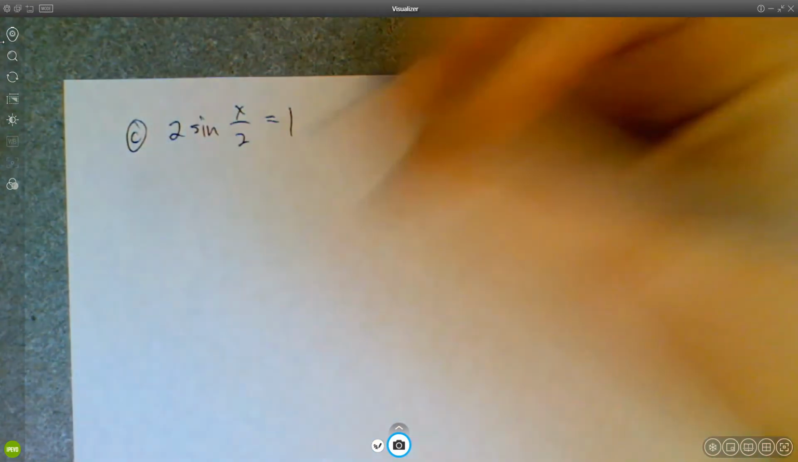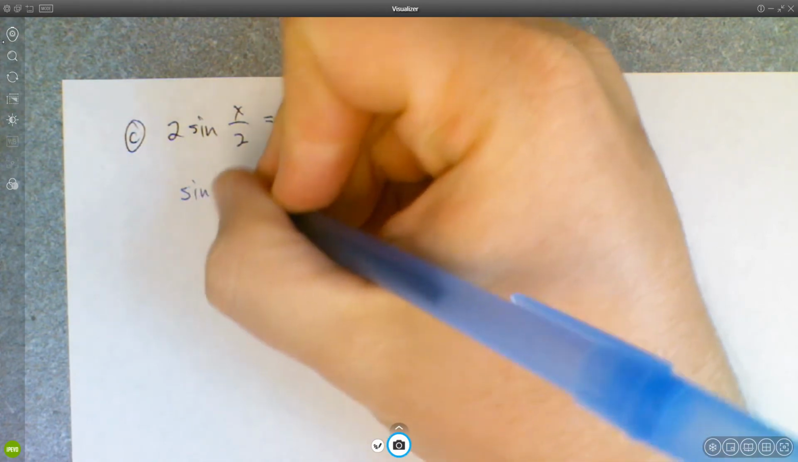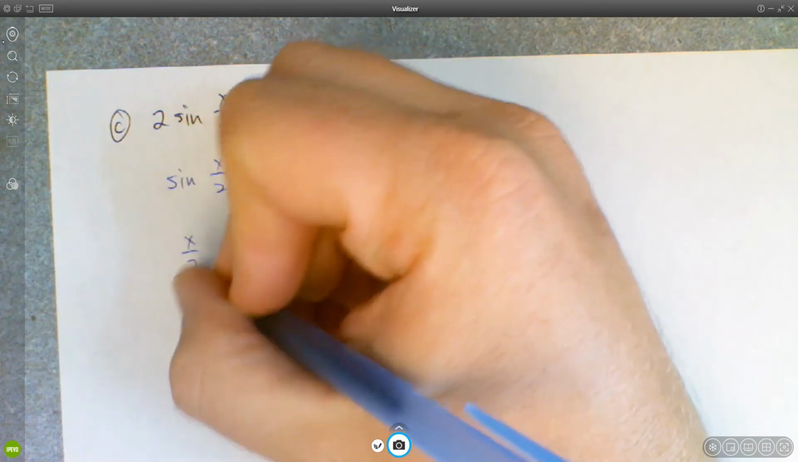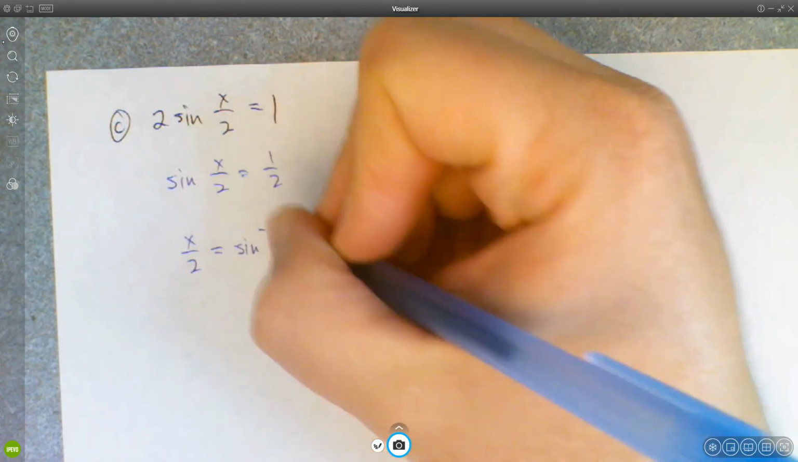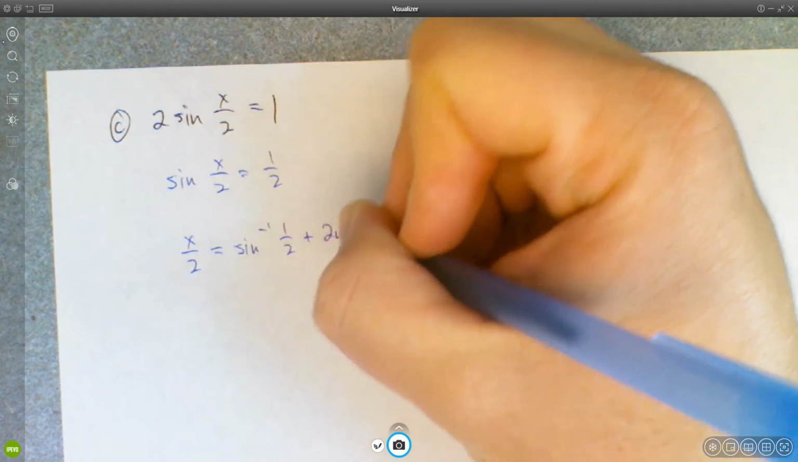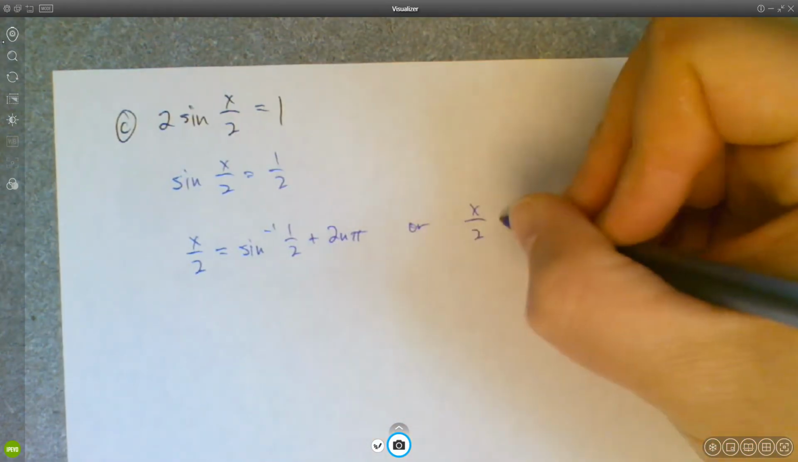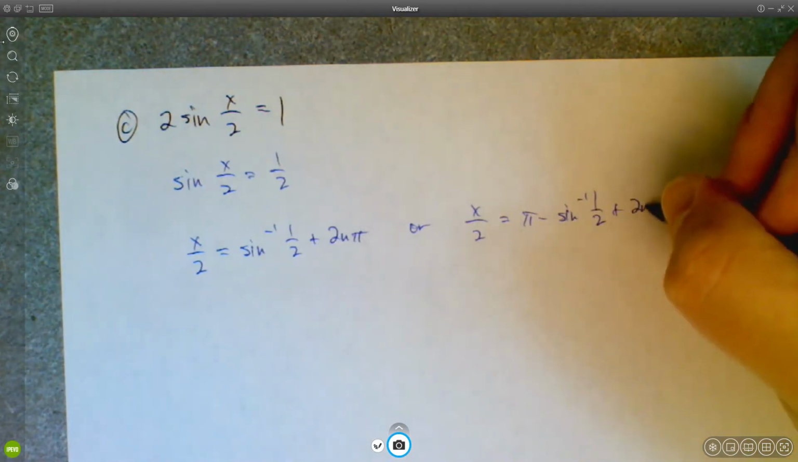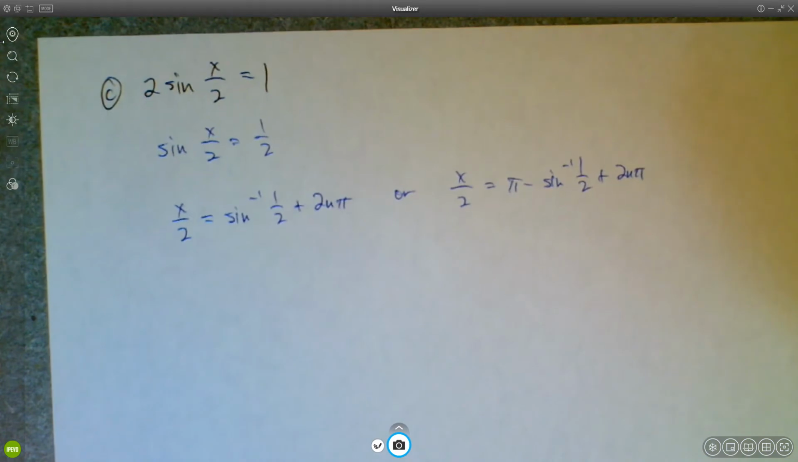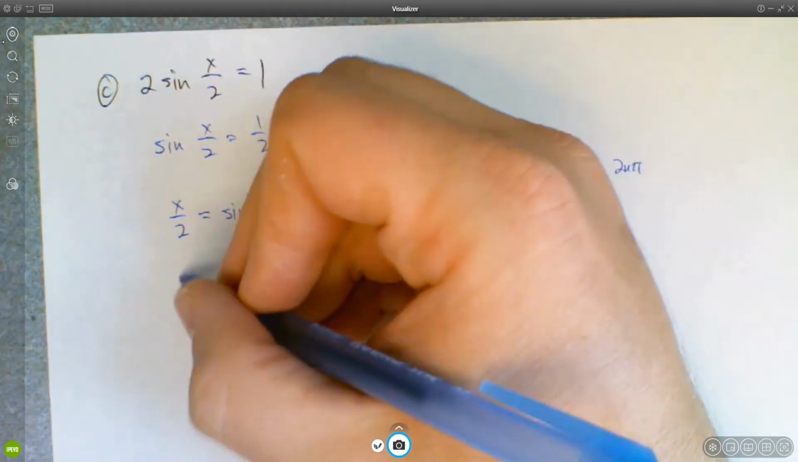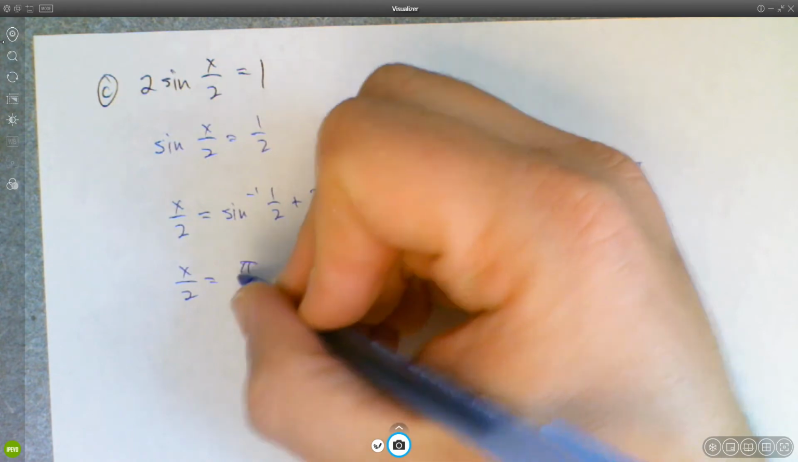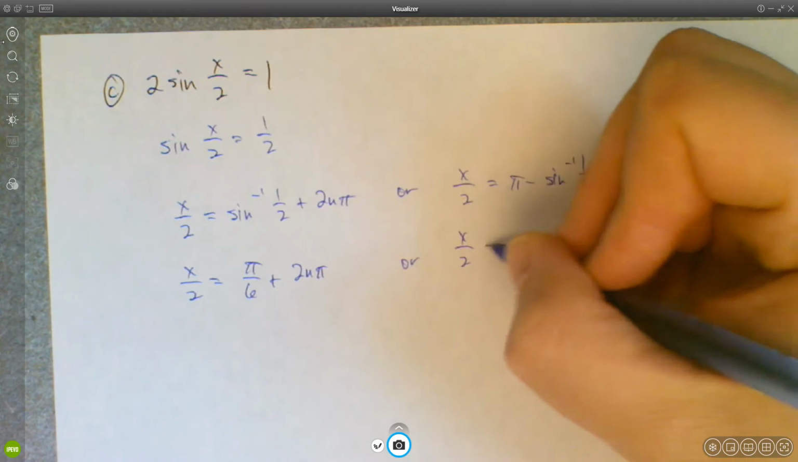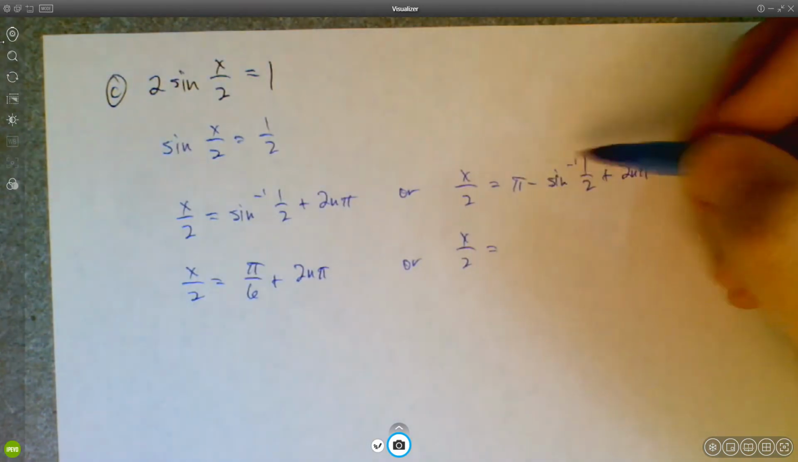Alright, here's my solution. So I'm going to say sine x over 2 equals 1/2. That means that x over 2 is sine inverse of 1/2 plus 2n pi, or x over 2 is pi minus sine inverse of 1/2 plus 2n pi. Well, sine inverse of 1/2 is pi over 6. Okay, so x over 2 equals pi over 6 plus 2n pi, or x over 2 equals pi minus pi over 6, which would be 5 pi over 6